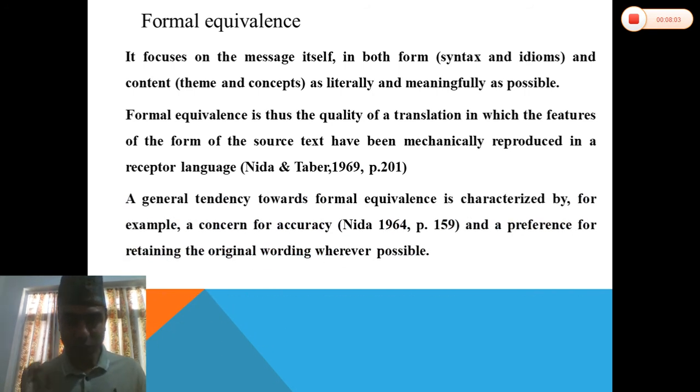A general tendency towards formal equivalence is characterized by, for example, a concern for accuracy of form and accuracy of content. These two things should be in the mind of the translator while translating any text under formal equivalence according to Nida. And a preference for retaining the original wording. What are the original words in the source text should have as much as possible the same kind of wording